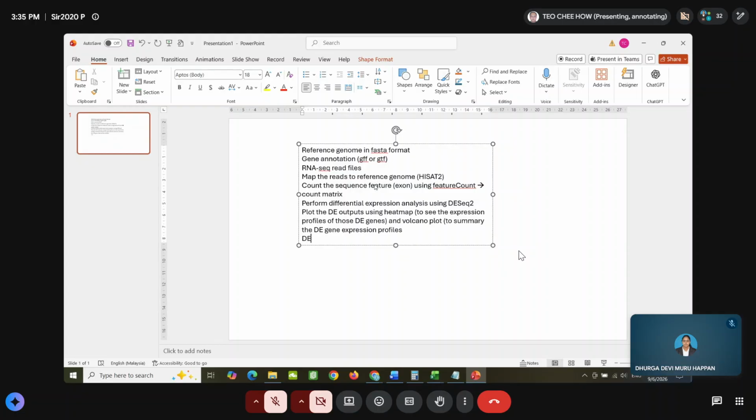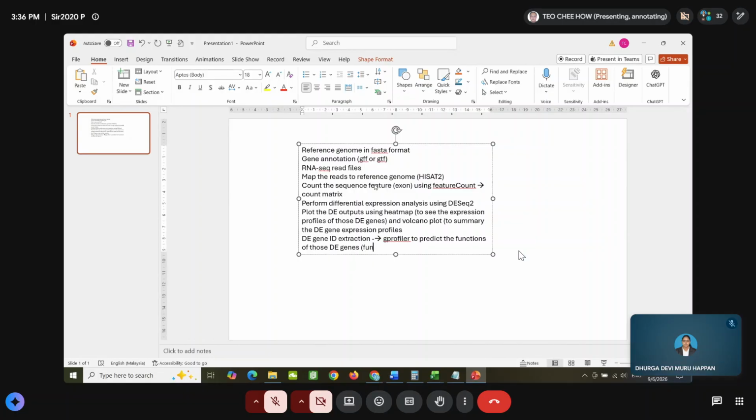Then extract the DE gene IDs, then use g:Profiler to predict the functions of those DE genes.